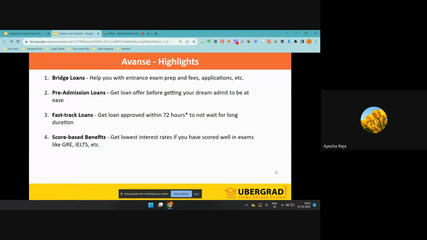Score based benefits we also have. As I said, by taking the GRE, we will process the loan for the USA without a co-applicant. We will also consider agriculture income proof as income nowadays. For a student whose father's or mother's CIBIL is not good, we will consider collateral. Open land is also being considered nowadays. By taking that also we can process the loan.